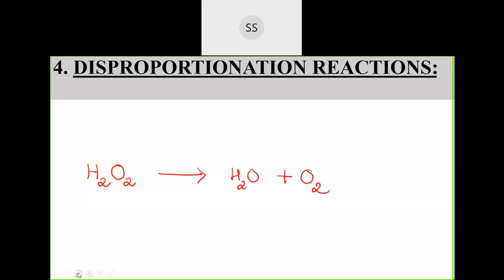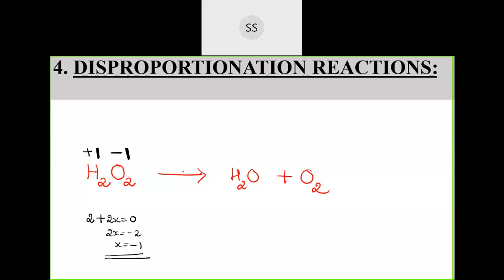See, in hydrogen peroxide, let's see what the oxidation states are. Hydrogen is in +1 oxidation state, we know that. And for peroxide oxygen, I told you yesterday what the oxidation state was. You can calculate it also, then you will understand what oxidation state oxygen carries here. Hydrogen is 1, so I'll write 2 into 1, that is 2, plus oxygen, we don't know, let it be 2x. Whole charge on them is 0. So what value will I get? 2x is equal to -2, so x is equal to -1. Correct? So here oxygen is in -1 oxidation state.